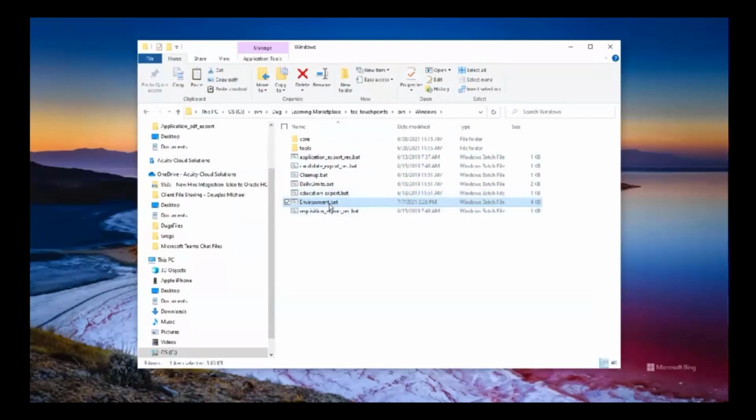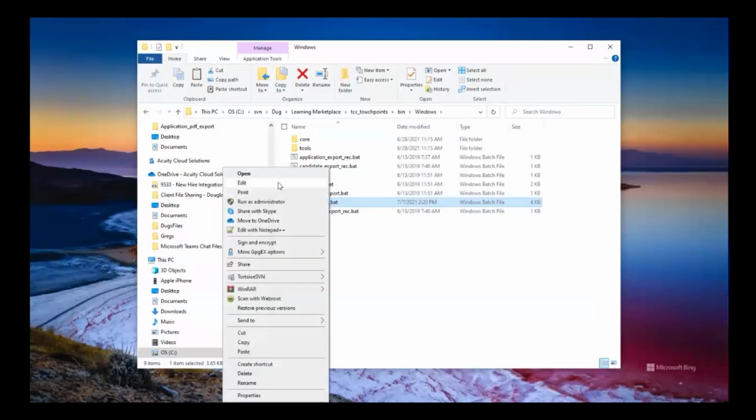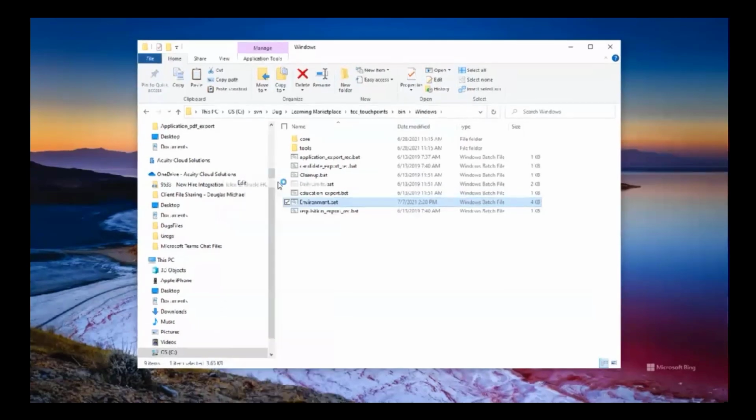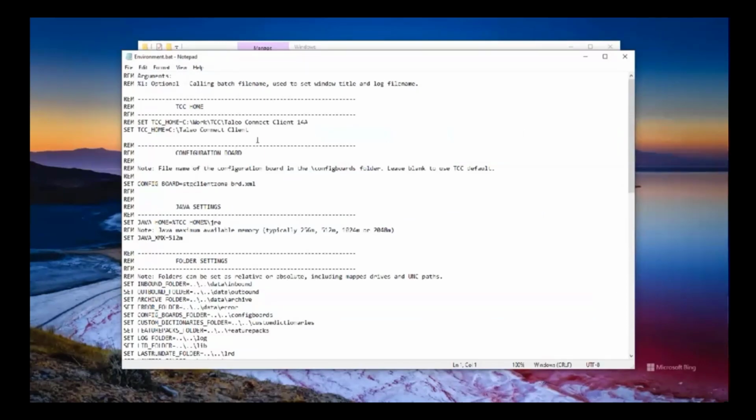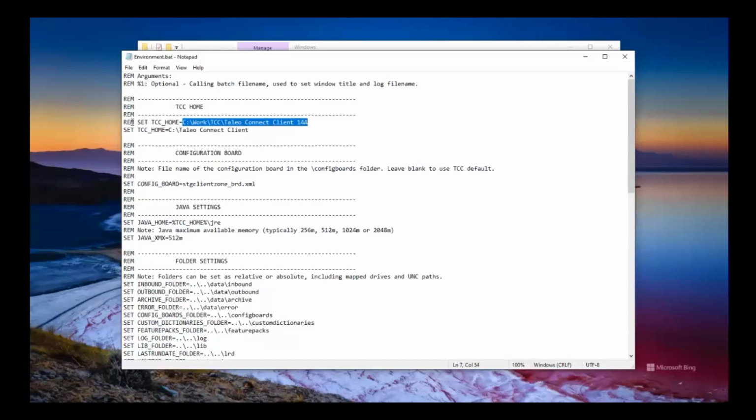All right, to configure the TCC Touchpoints after it's given to you, you'll need to edit the environment.bat file, just with a text editor. You'll need to set this to the path for your Taleo Connect client, wherever you installed TCC, or whichever version you wanted to use. Like in this case, they were using version 14A in a separate folder, but they have this remarked out, so it's not being utilized. You can only have one of these lines